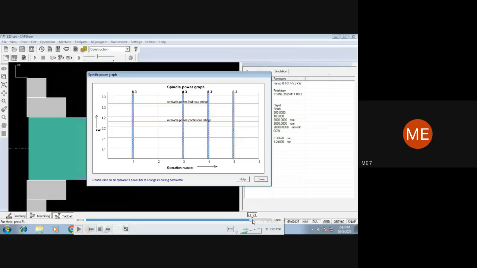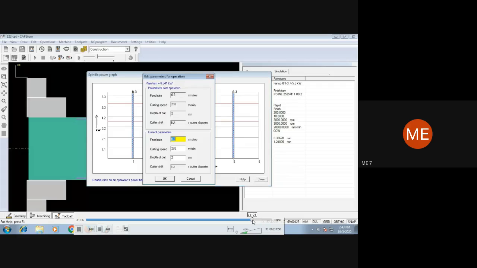The other option that we get here is the spindle power, the graph for that. During its rotation, when there is no machining operation, when it is undergoing facing operation, how much power is required, and similarly for turning. Such things are also needed to study about the machine and its operations.